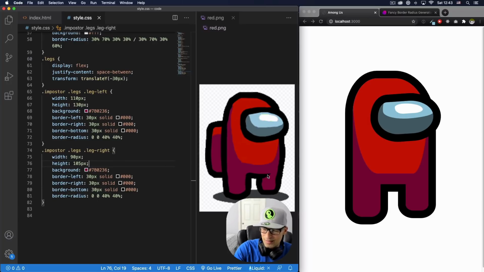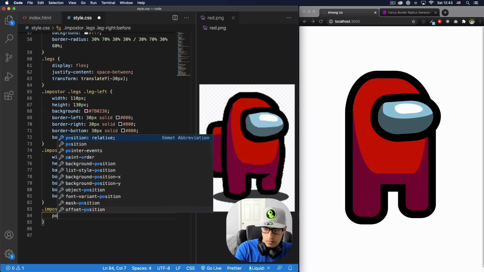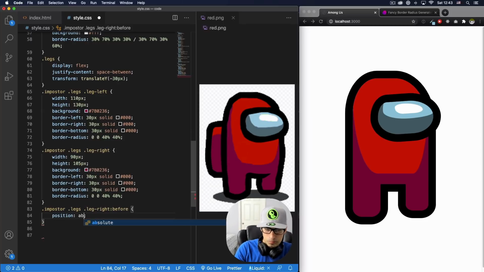How can we do that? Actually, it's not that complicated. So let's go ahead and do left. Let's just copy the left, right, and I'm going to do a before pseudo class, okay? And now here we're going to do position absolute, content. You need to add the content, but right now it's going to be just empty. And let's do top 0, left, let's do 0 for now,